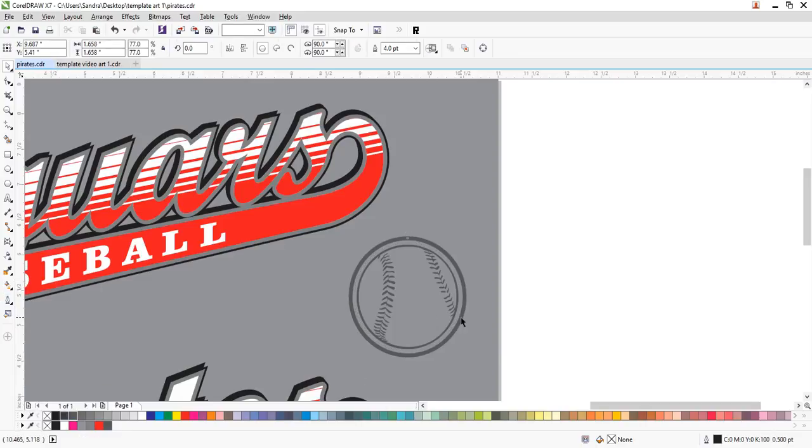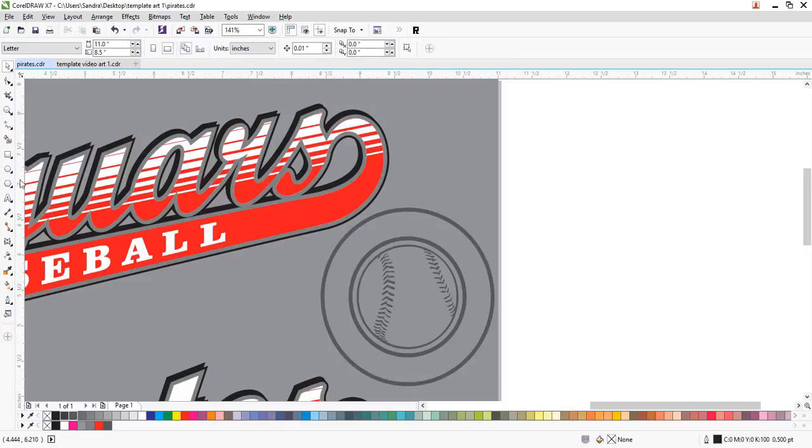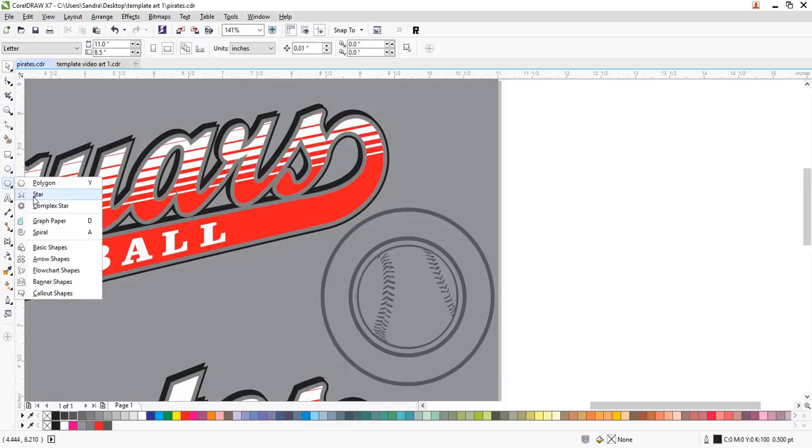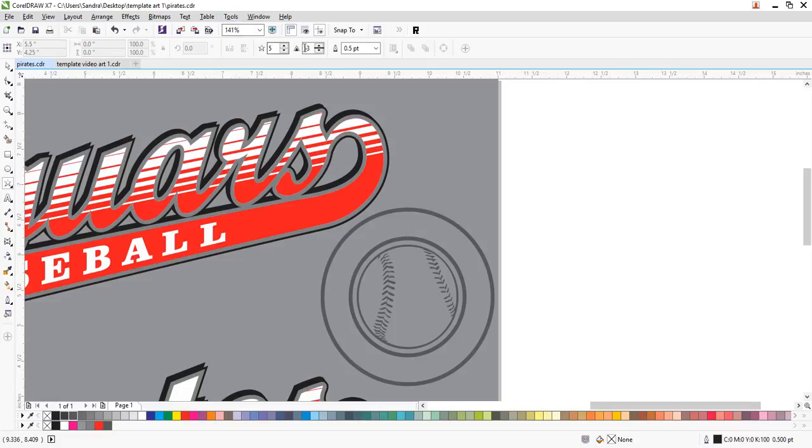And then I'm going to duplicate this, Control D, and drag it out just a little bigger. So use it about that big. And then I'm going to use the star here, make sure it's 5, right around 50. I'm going to make a little star here, fill that with 80 as well. And I'll right click, take the outline off, and then I'll just drag it over and duplicate it. And then these two will go down in here in the middle